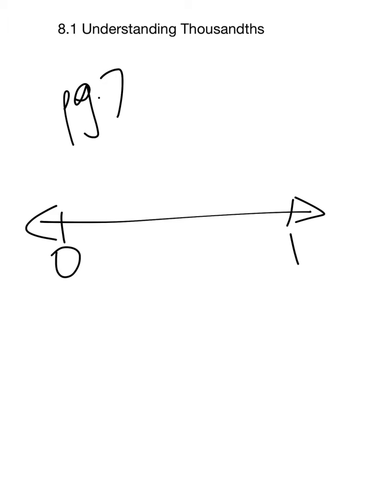This video is on lesson 8.1 in our textbook called Understanding Thousandths. It's on page 7. If you had a number line that goes from 0 to 1, the start point is 0, the end point is 1, and we divide the number line into 10 parts, each part is going to be 0.1. So we can have 9 lines in here,